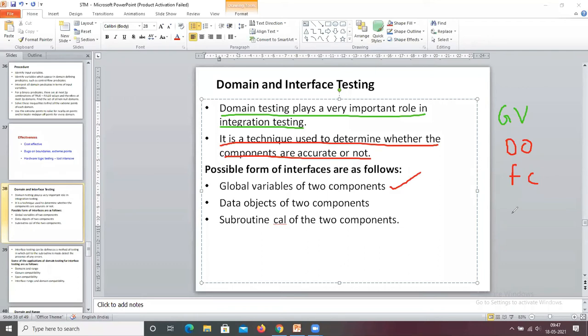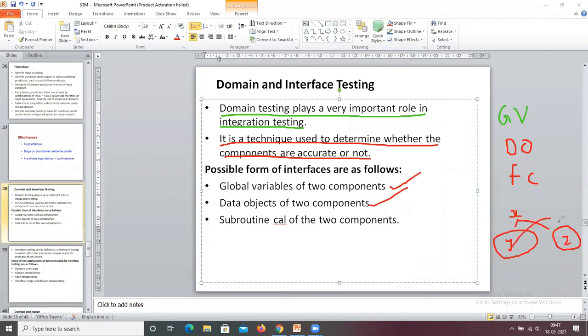That means if I am defining a variable x and this x is used by function 1 and function 2, then this x is global to these two functions. Data objects of two components. So this is the y, this is the z. So data objects of two components.